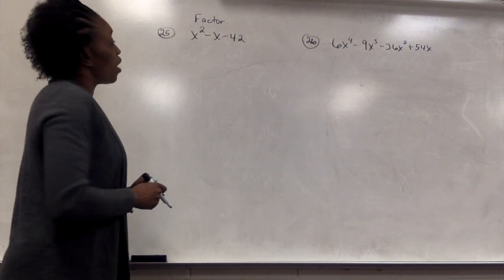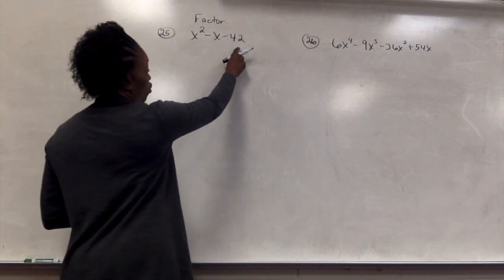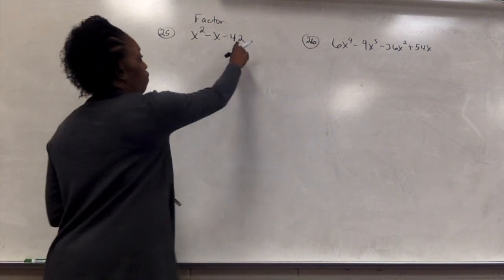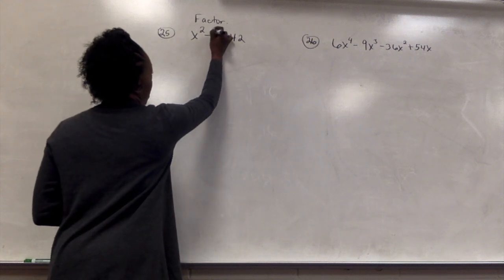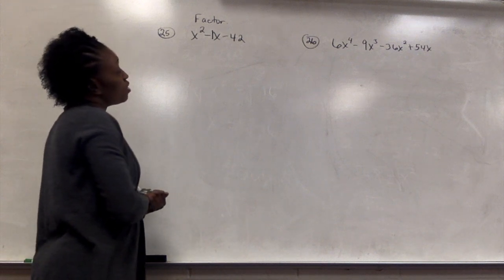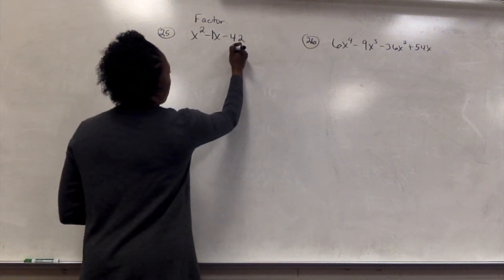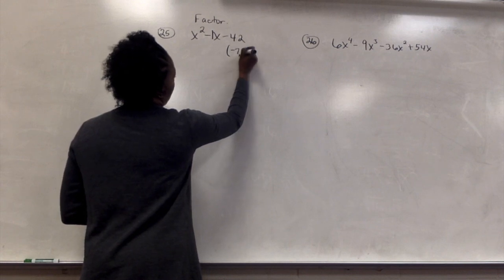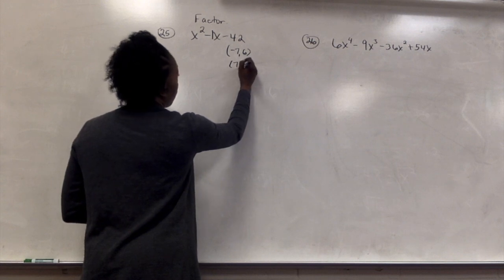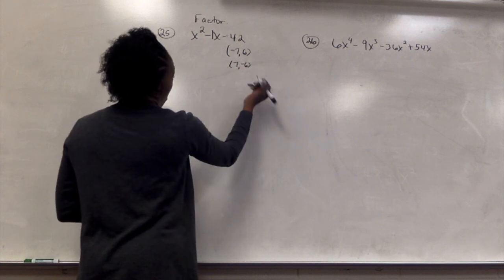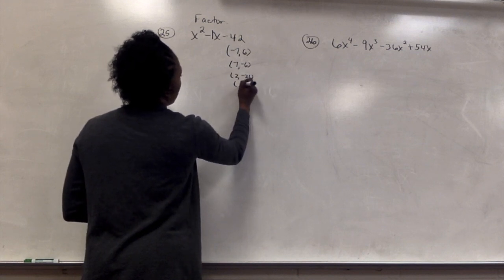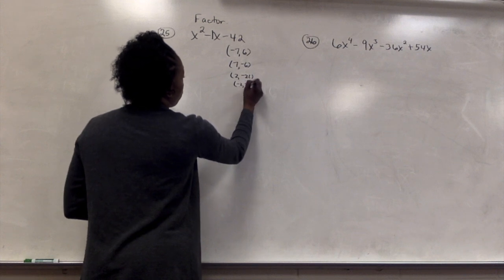So now we want to find a times c, which is negative 42. So we're going to find 2 numbers that will multiply to give us negative 42 and add to give us a negative 1. So remember, there is a 1 in front of that x. If I list my factors here, I get negative 7, positive 6. I can also get a positive 7 and a negative 6. You can also get 2 and negative 21, negative 2, positive 21,